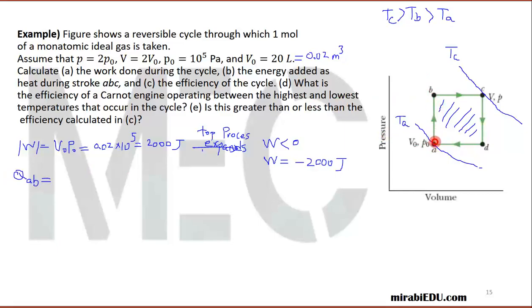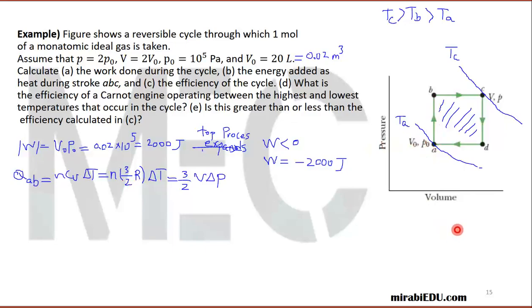So the Q of the process AB can be written as, this is an isochoric process. In an isochoric process, we just learned that QAB can be written as nCV delta T. n is 1, but let's keep it. CV can be replaced by 3 over 2 of R. R is the universal gas constant. So now we have 3 over 2 of nR delta T. I can rewrite nR delta T as V delta P for this ideal gas, for this isochoric process,